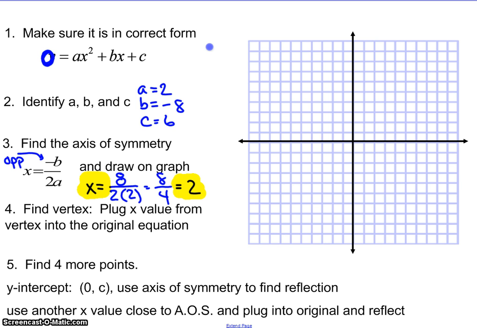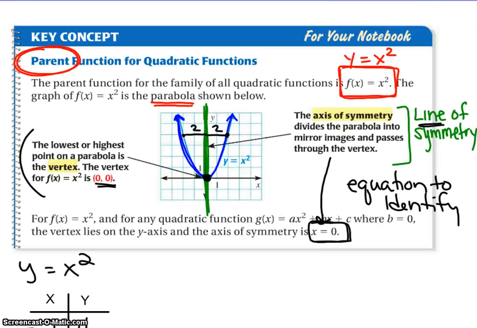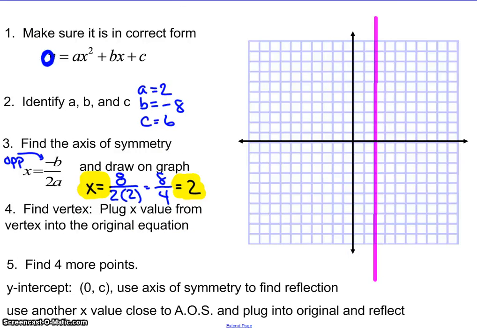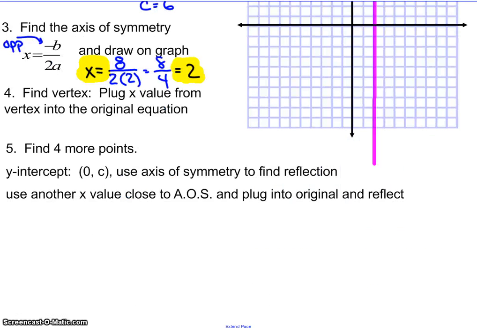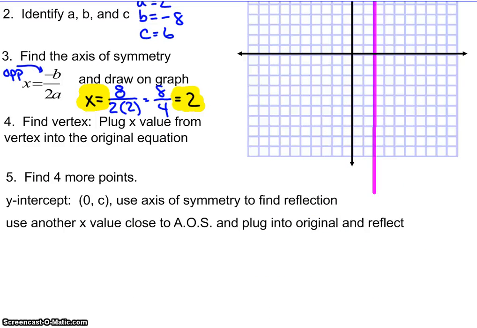Always, always, always draw this on your graph. I like to suggest using a highlighter because then it's easy to see where your line of symmetry is. Now, if you go back to this situation, your vertex is on the graph. It's on your parabola. And again, remember the idea when I graph something, those points on the line or the curve that I'm drawing make my equation true. So what I can do now to find my vertex is plug an x value in,